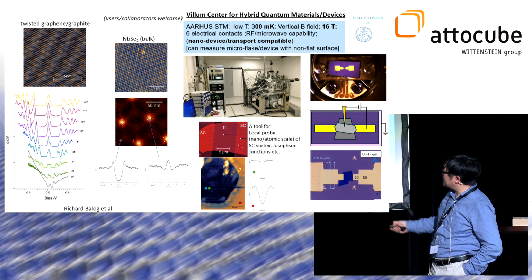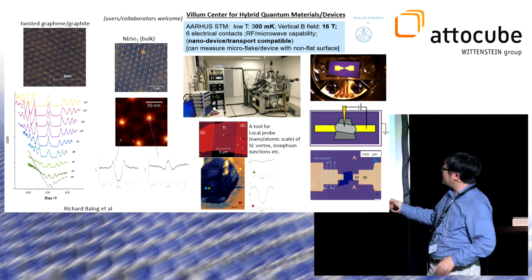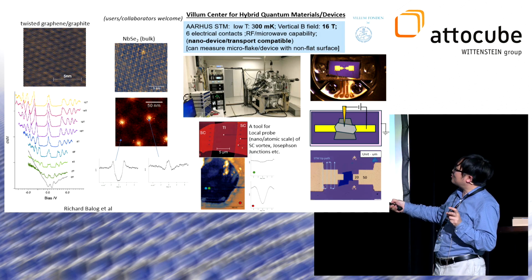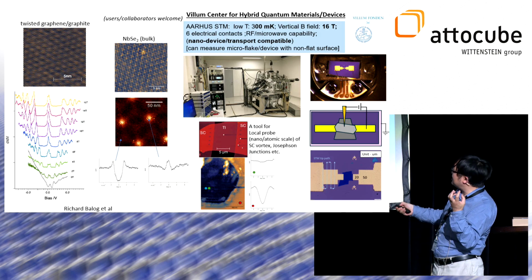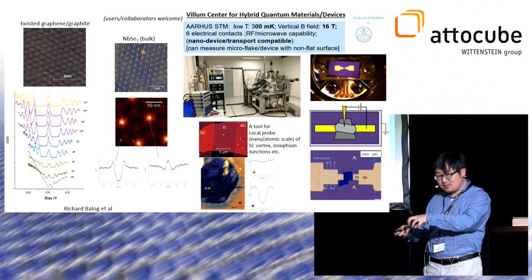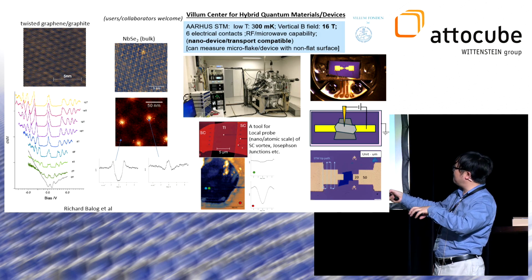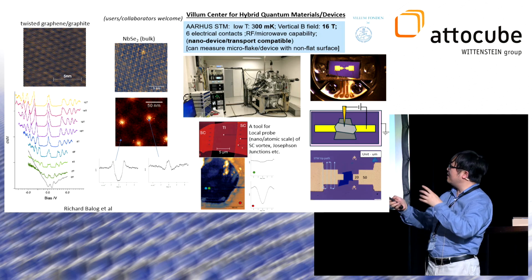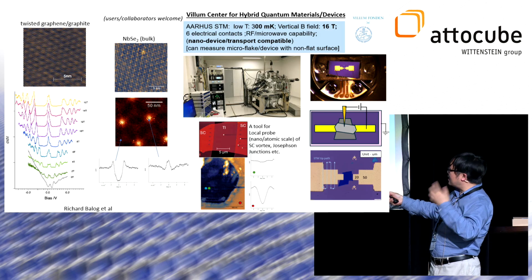One of our major interests is to look at actual devices. So this is a device, a hybrid between a topological insulator and a superconductor, with some nanostructures that trap vortices. And usually, again, STM doesn't like a non-flat surface. So this surface is not only a small flake on the substrate, but it has a lot of these electrodes and nanostructures on there, so it's not flat. But nonetheless, you can